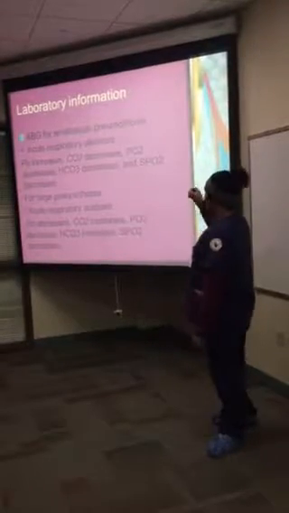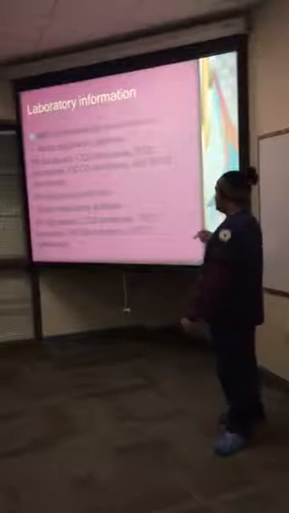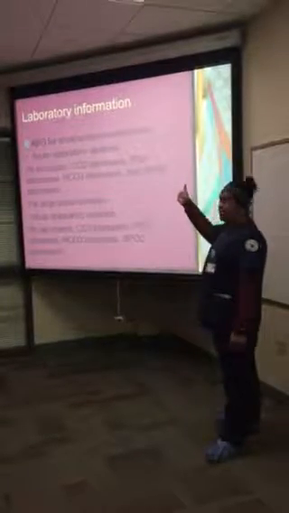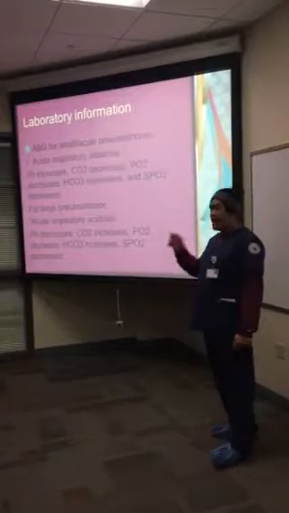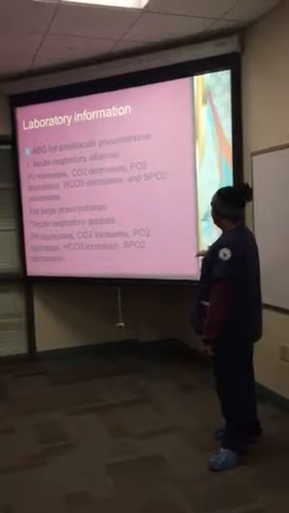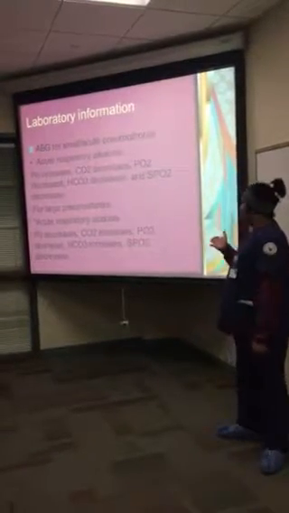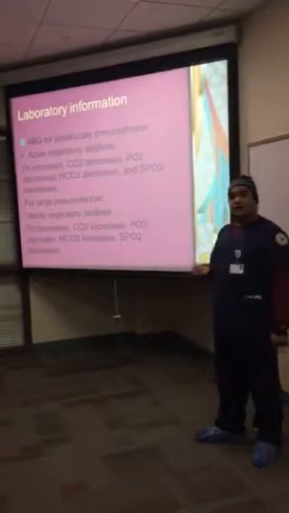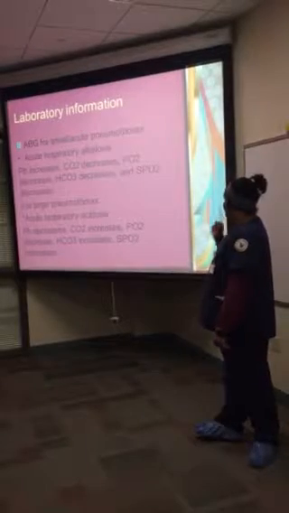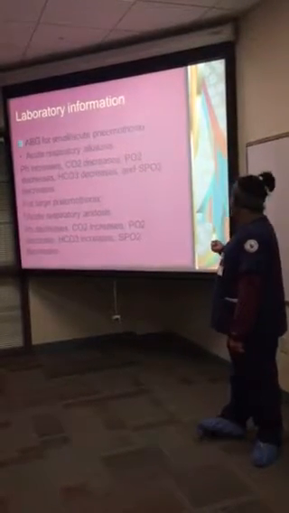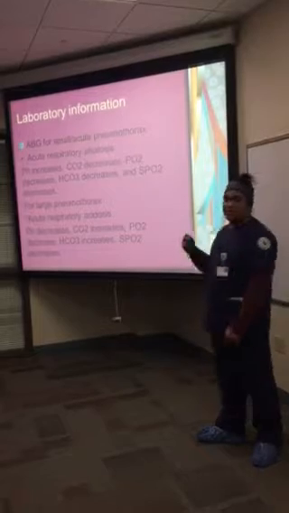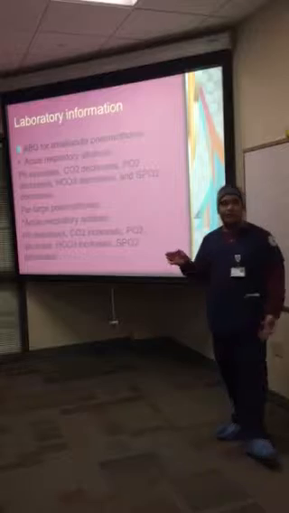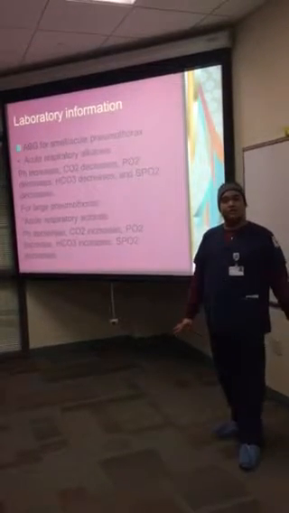In this information we only have two. We have the ABGs, so arterial blood gas. ABG for acute pneumothorax and for large pneumothorax. For acute pneumothorax we have acute respiratory alkalosis because the pH increases, carbon dioxide decreases, PO2 decreases, bicarbonate decreases, and our saturation decreases. It's respiratory alkalosis because we are trying to blow off more CO2, so it gets more